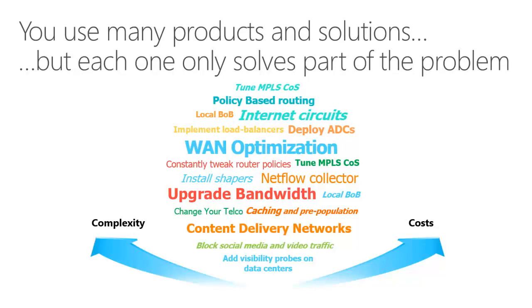But the more point products that we put in place, really the more the complexity of the management environment, the higher the cost just to run the management environment. And actually, when you look at a lot of the tools that you have, they tend to compete with each other over what they do. A lot of applications will be polling the same things. You may deploy WAN optimization and classes of service, and the two can actually compete, because if you WAN optimize some traffic and you don't make sure that it's completely set up correctly, you could put it in the wrong class of service and not get the performance you require. So it's very easy to have competition in the tool sets that you've got to make the situation better. Now, clearly, of course, that is not a good thing.